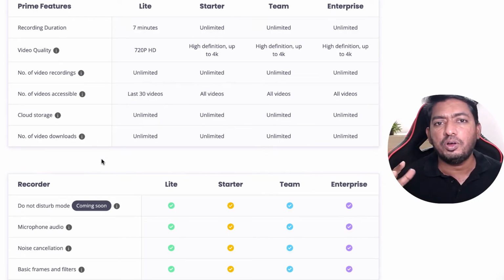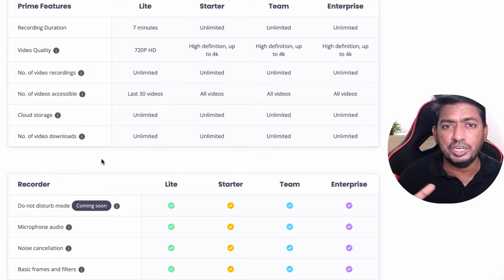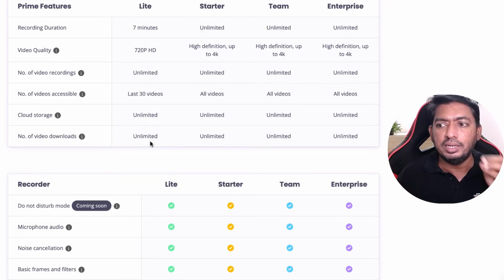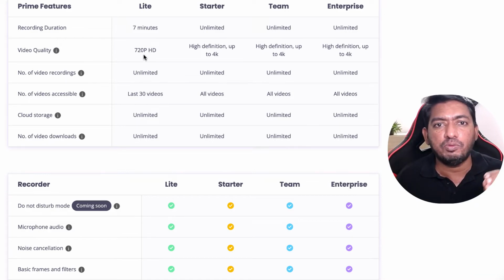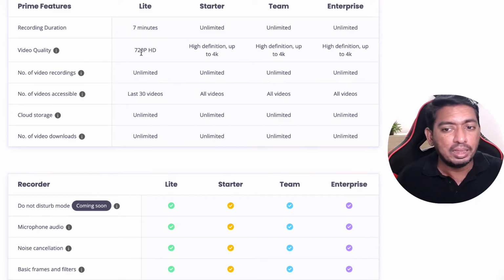If you're looking for an occasional purpose for screen recording and video editing, a simple tool just like the one that we have seen in this quick walkthrough of how easily you can record the screen, you can edit everything right from the browser extension, then you can go for the light plan. You get 7 minutes of video recording. If you have the requirement of 3 minutes or 5 minutes, or within that 7 minutes, the light plan itself